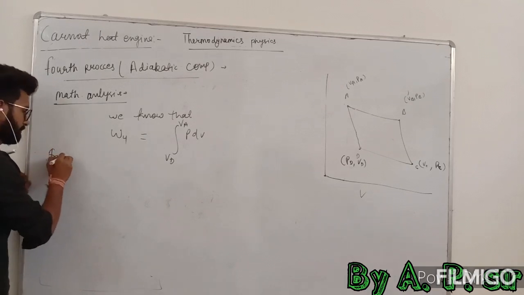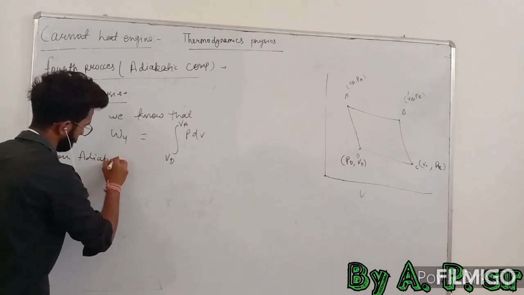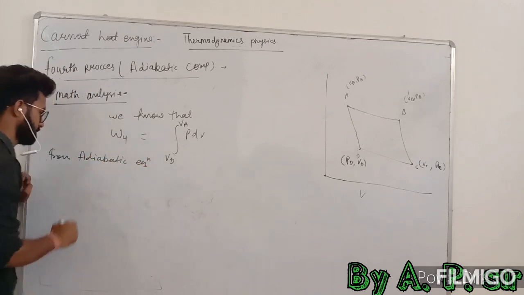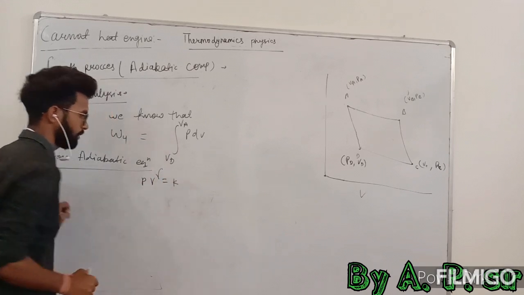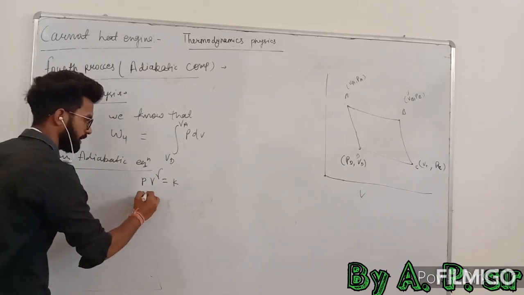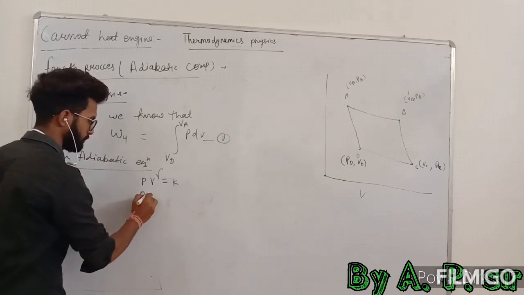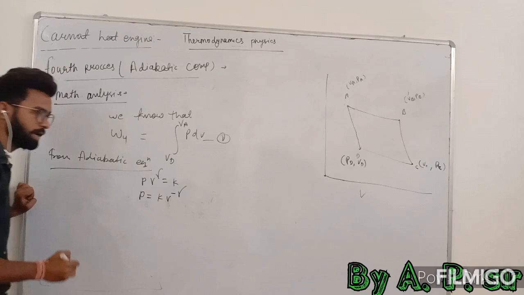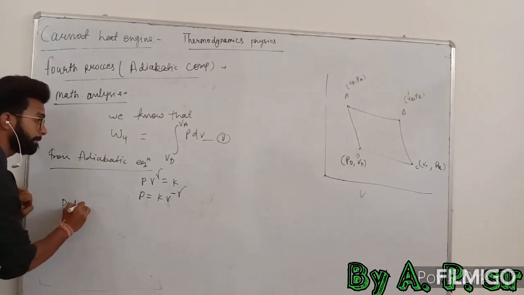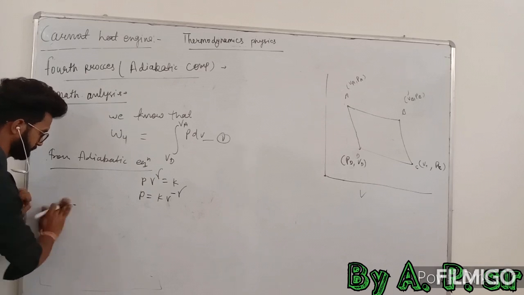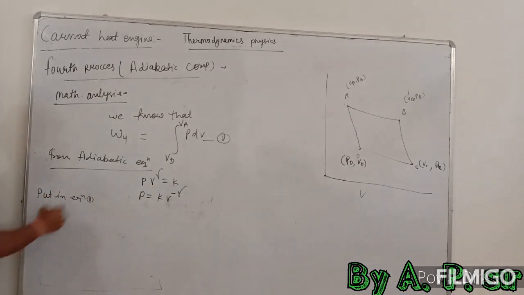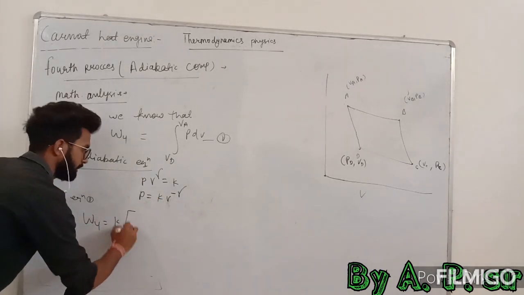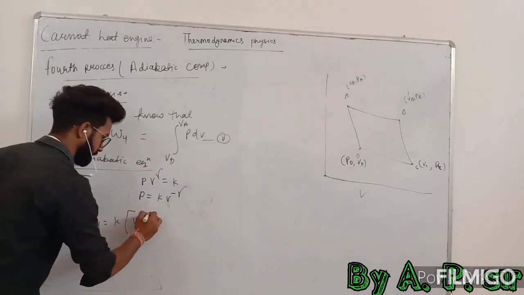Then from the adiabatic state equation, PV^gamma equals K. So P equals K V^(-gamma), from the first equation. Putting this in the first equation, W4 equals K constant outside and V^(-gamma)